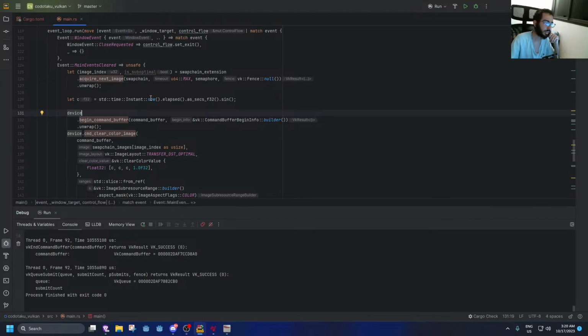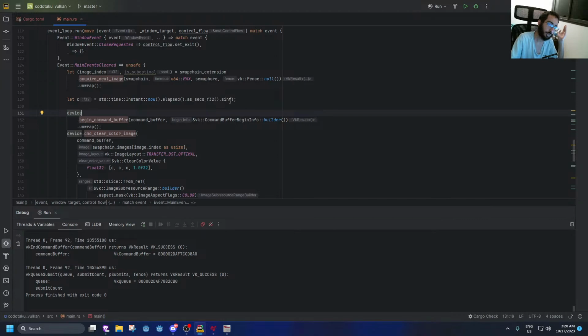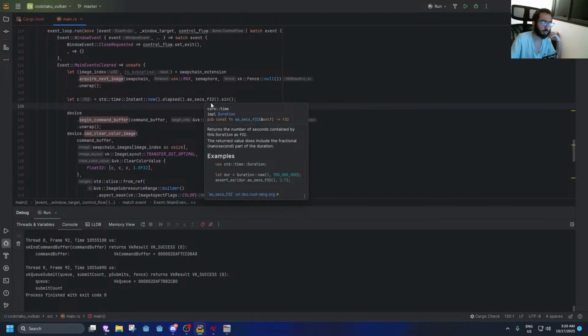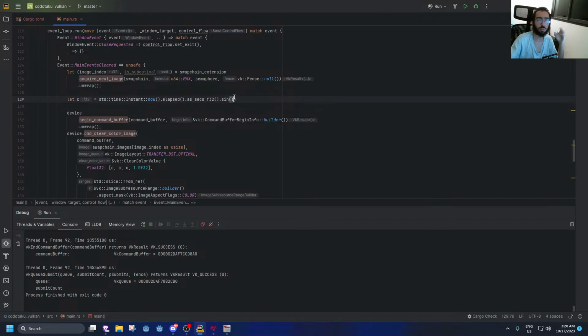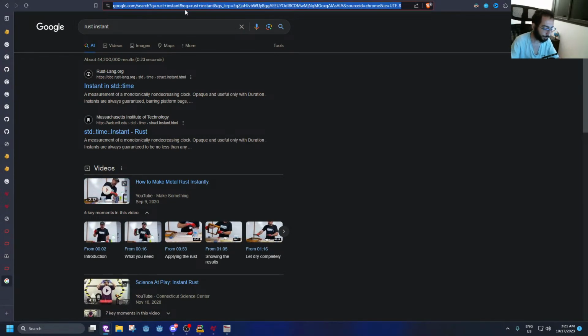So we just got the instant now collapsed as seconds F32, and we got the sine of that. Which means it would be a value from -1 to 1.0, which is not what we want. We want it to be from 0 to 1.0. So what we're gonna do, and just to show you what I mean,